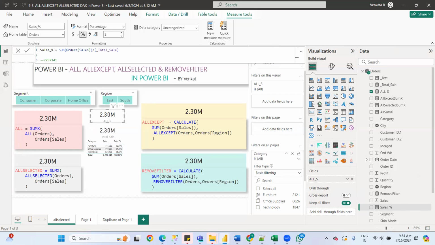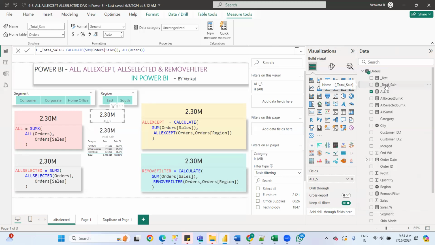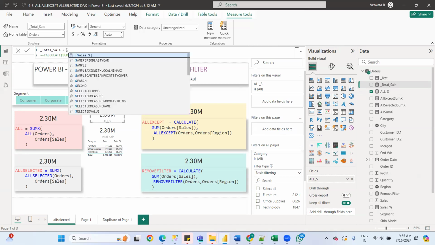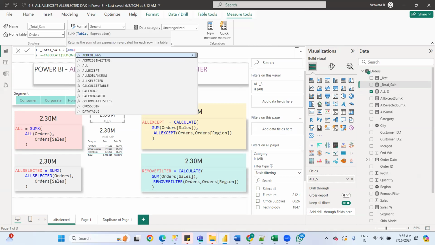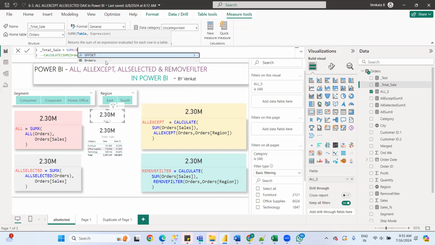ALL can be written in different ways. This is one way; another way is a different approach. Both of these are the same. This one is SUM, and you can also write SUMX. SUMX is a keyword. You want to pass the table name. What is the table name here? Orders. We want to pass orders